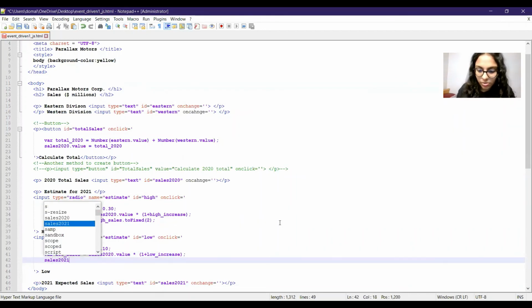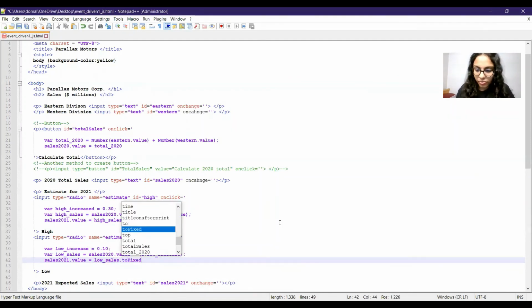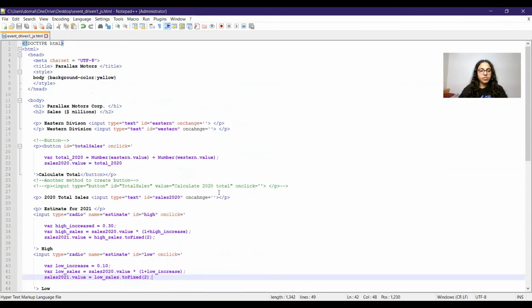So sales2021.value is equal to low_sales.toFixed(2). So with this, we have created our functions.